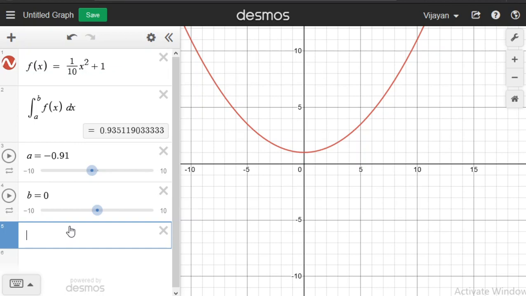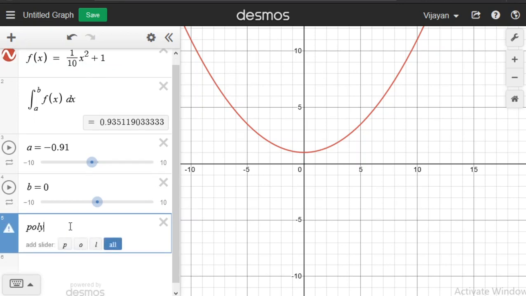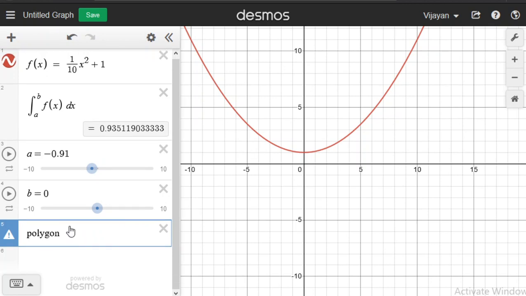Now we will see about polygons. What is a polygon? The polygon can be made by using the polygon command. Suppose I want to make a polygon from a set of data points like